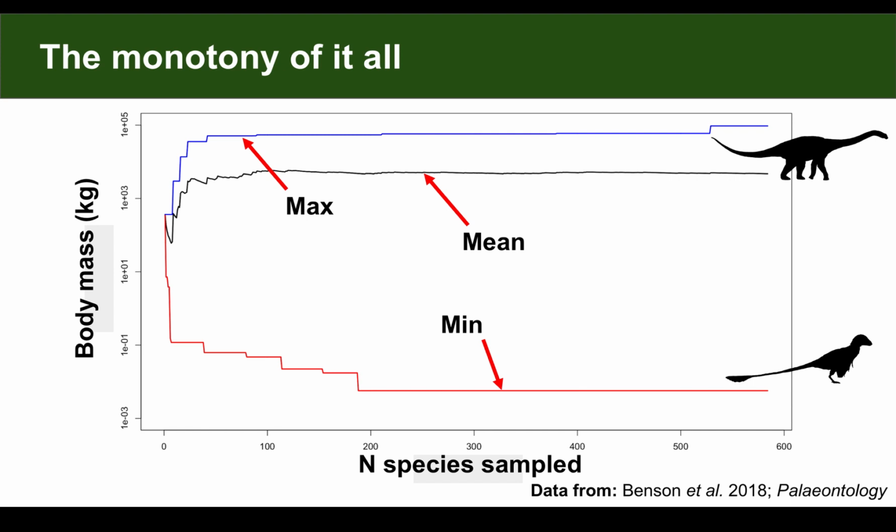It's also going to be our largest dinosaur, so our maximum value, and our minimum dinosaur, our smallest dinosaur. But as we add additional dinosaurs, those values are going to change, and they're going to separate, which is what we see as we go from left to right here, until at the right-hand side of the plot we get to what we knew in 2018. So I think the largest dinosaur at the top right there is Argentinosaurus, and the smallest dinosaur at the bottom right is one of the Scansoriopterygidae. I can't remember which one off the top of my head.